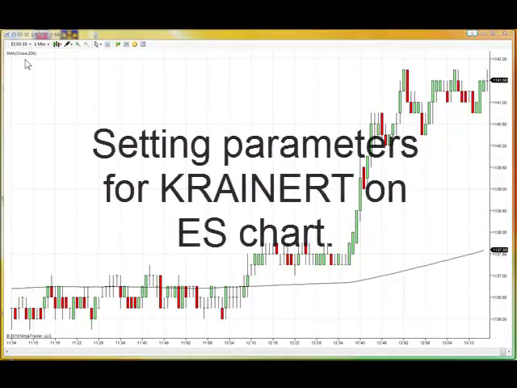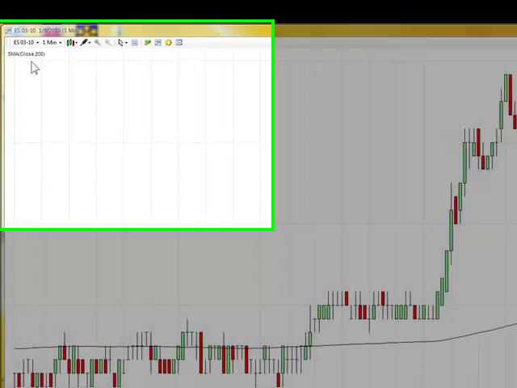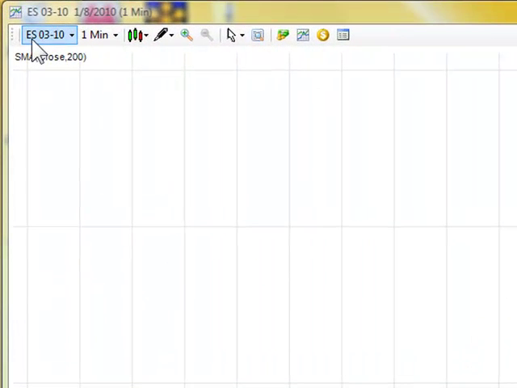In this video, we're going to show you how to attach KRAINERT to the S&P E-mini, which is the ES. And as you can see in the upper left-hand corner, you can see ES, and we're trading the March 10 contract. I have it set up on the 1-minute chart, and you can see we already have the 200-day simple moving average set up, and that's what I told you to set up earlier on an earlier video,